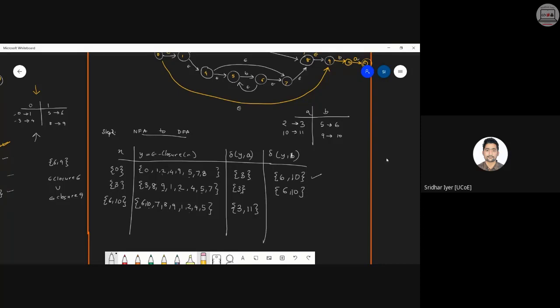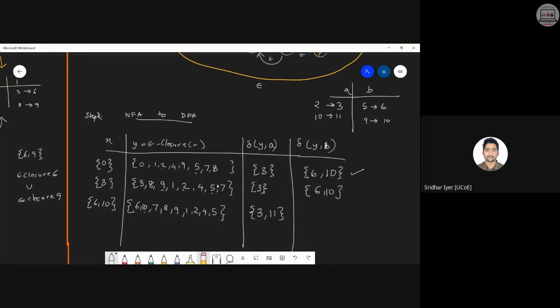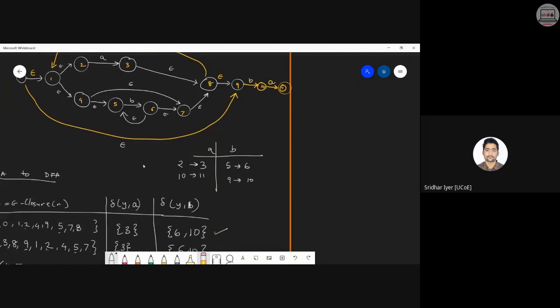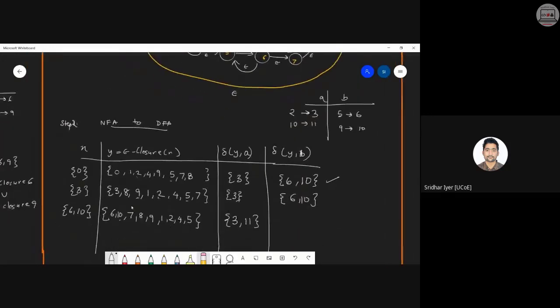Correct. That is what was confusing me, because if you see this diagram carefully, if you see this table carefully, we haven't encountered 11 yet. Can you see 11 anywhere over here? We haven't encountered 11 yet. So what about the final state? You should get the idea that if 11 is not yet traveled, there has to be one more row because otherwise you won't get the final state. Yes or no? So that's why there might have been a mistake if you have got the answer in 3 states or 3 rows. Okay, that's why I'm solving it along with you. So now check 5 and 9. 5 is present, 9 is present, so this is going to remain same.